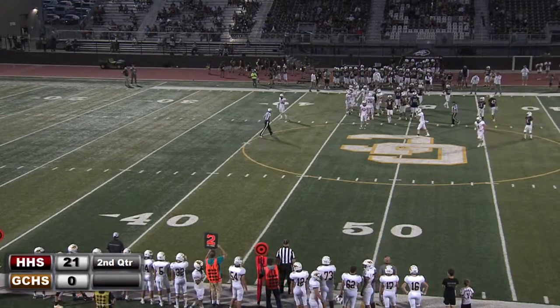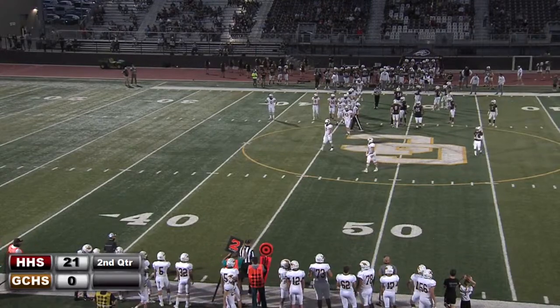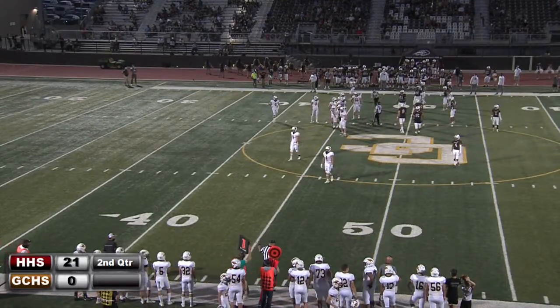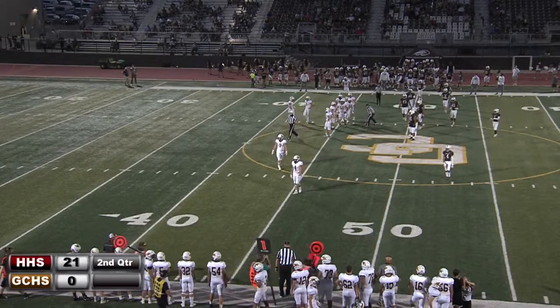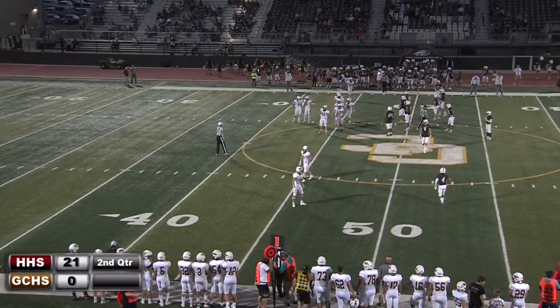The official from the far side will mark the ball. This should be a first down right at the 47, and it is. That gain is good enough for an Indian first down. 2 yards for Dale. He's at 85 yards. And the Hays High Indians continue